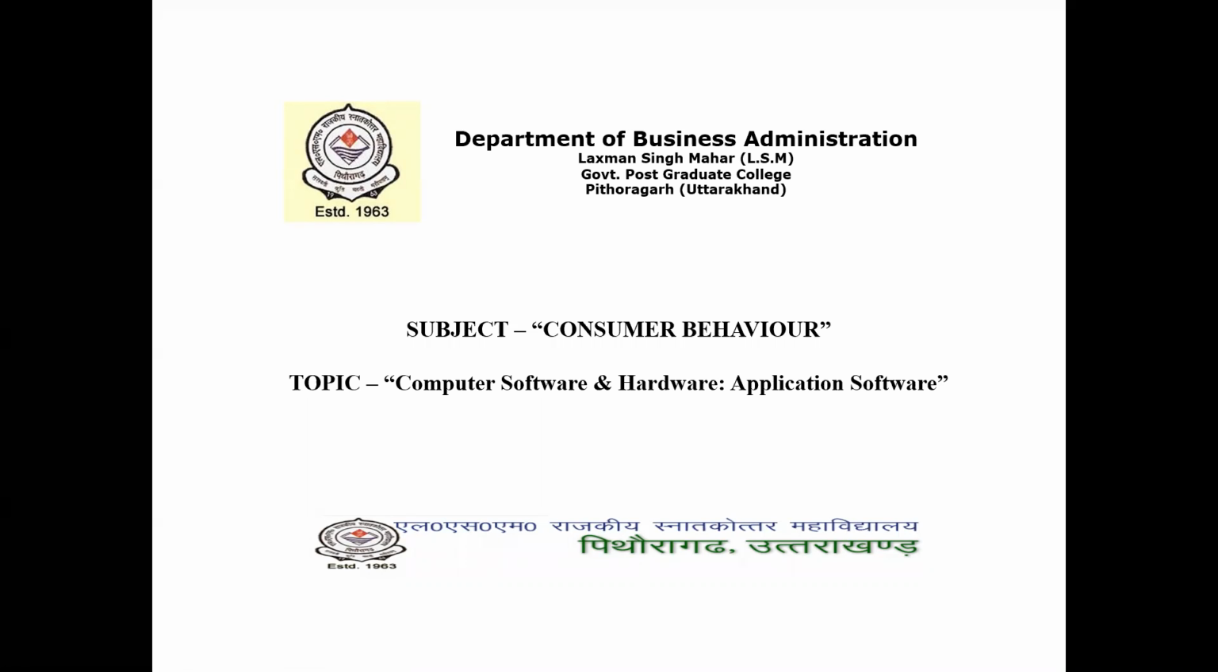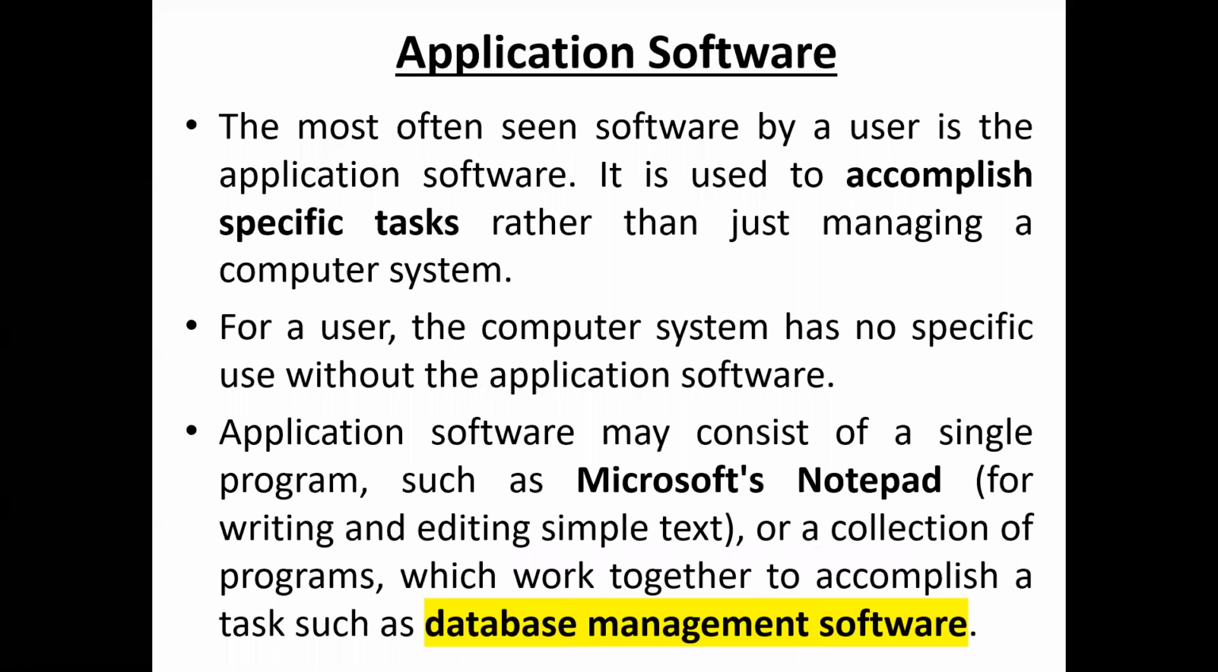In this lecture we are talking about the second category of computer software, that is application software. The software most often seen by a user is application software. Why are we talking about application software? Because system software performs those functions which are required for a computer to run. For the working of a system, those programs are loaded in the computer. Now if you want to perform a specific task, in such situations you have to upload your application